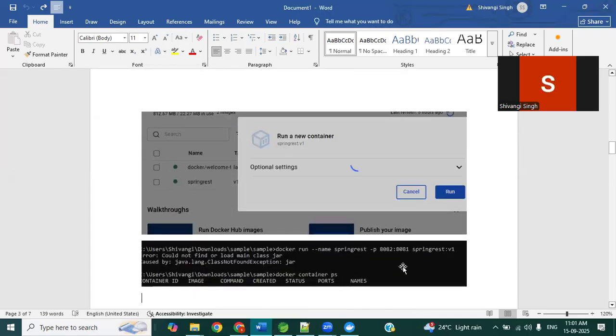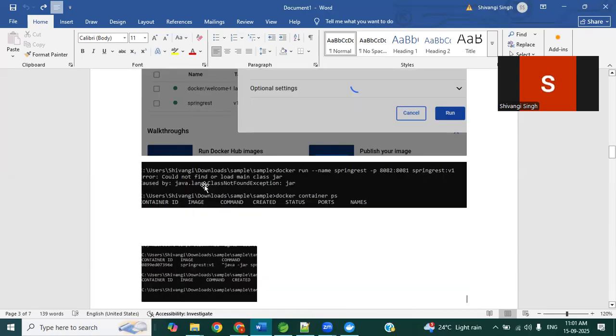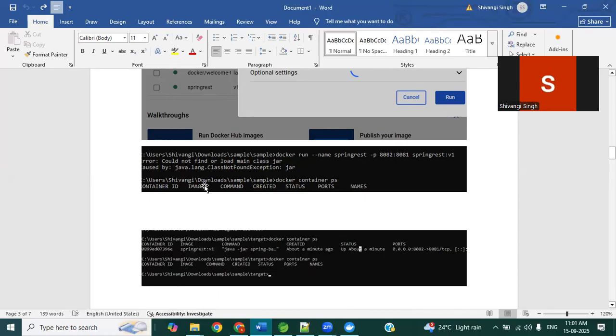Now, once that gets resolved, your Docker container starts showing up by the name which you have specified in the command, that is Spring REST, as your container starts running. Since your Docker image gets deployed, now you need to run your Docker project. So how are you going to run it, and on which port number? I have given the name I am running and the name of the project colon v1 version.